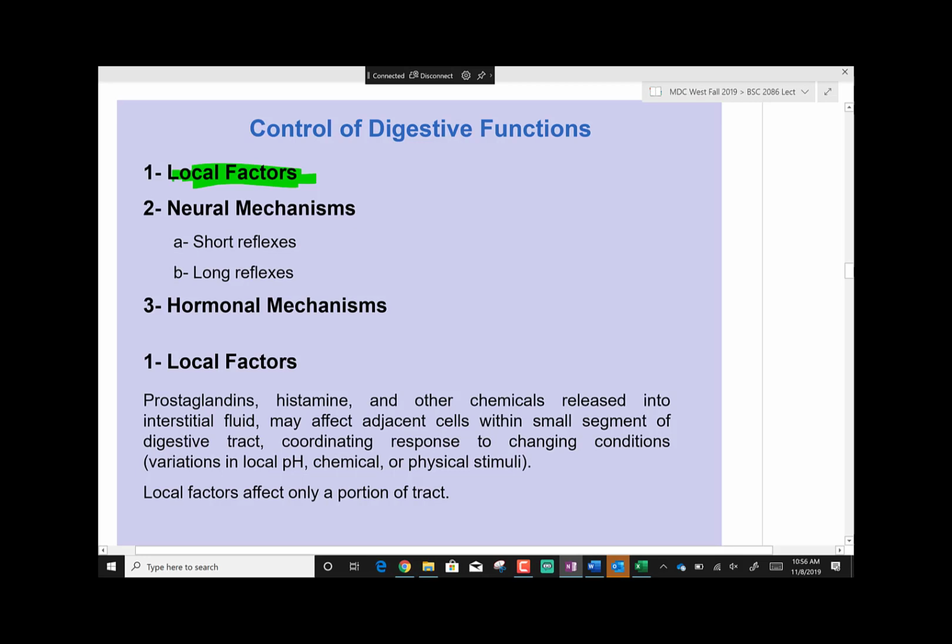Now, neuronal mechanism. The autonomic nervous system is neurons, so that neuronal mechanism can be either a short reflex or a long reflex. Again, this is still the autonomic nervous system, sympathetic and parasympathetic. What is a short reflex? A short reflex is a reflex that occurs within the area. If you have food in the stomach, the short reflex will be the stomach moving to mix the bolus of food. A long reflex of the neuronal mechanism is like you looking at a food